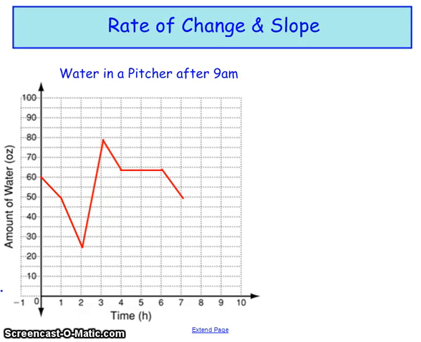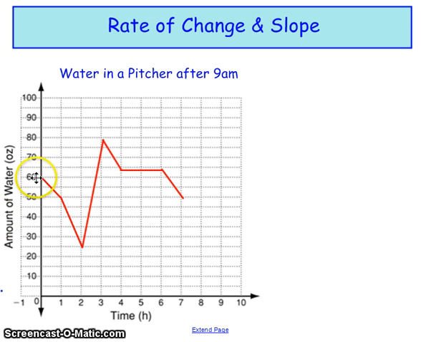This is a video about rate of change and slope. Rate of change is a measure of how two quantities are changing in relationship to each other. For example, on this graph, which shows the amount of water in a pitcher after 9 a.m., you can see